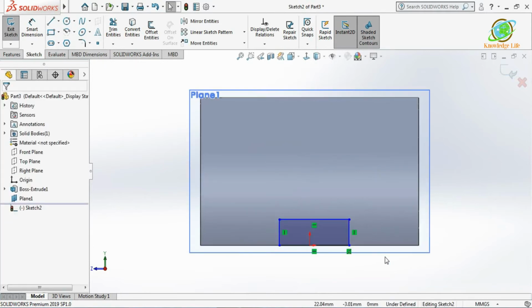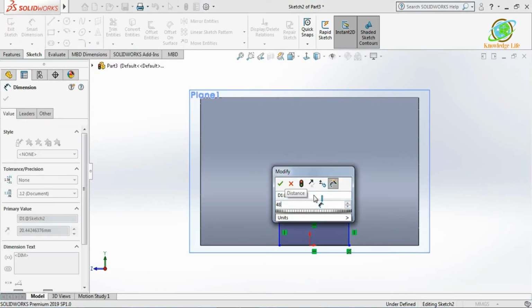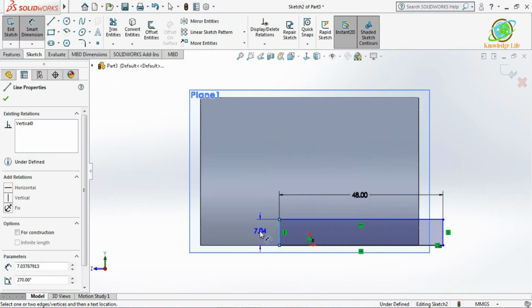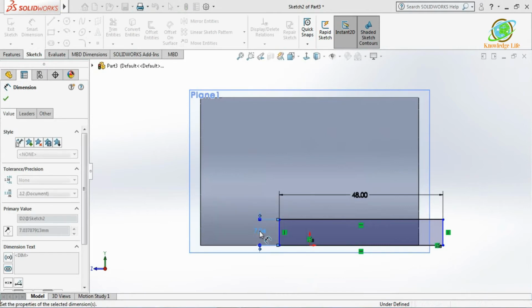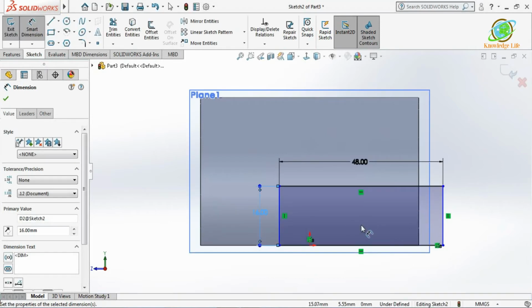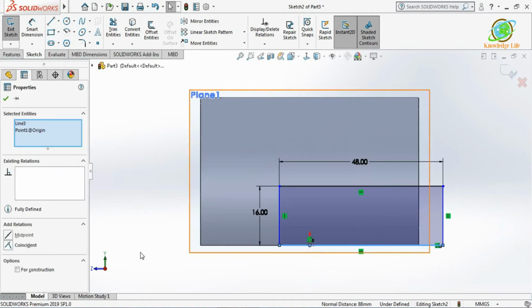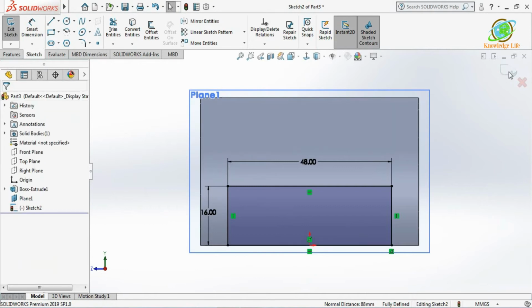We have to give the dimensions. The rectangle is having the dimension 48. So I'll give the value there 48. And I'll be giving the height over here 16. And one thing I need to do, I'll be just giving this relation, this line and this origin having the midpoint relation. Now you can see here your sketch is getting ready. Now come out from the sketch